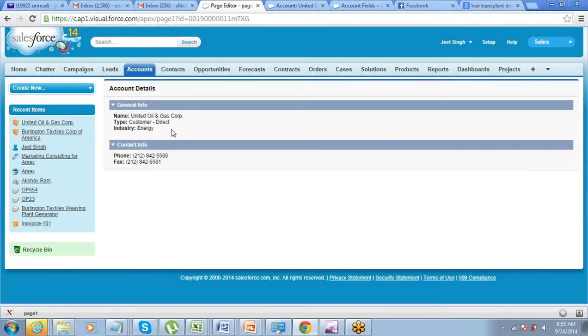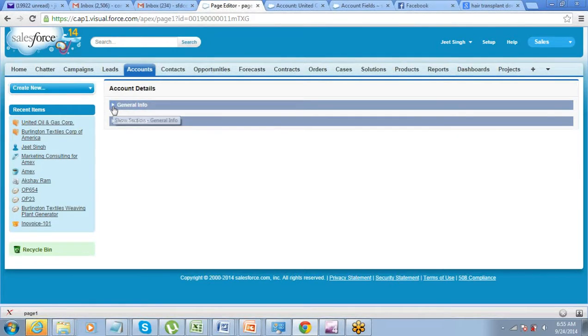The way you want to do the styling or the designing of the page. So these small components are easily available. Page block section is by default collapsible, which means you have an option to collapse the page block section. By default it's there. Okay.